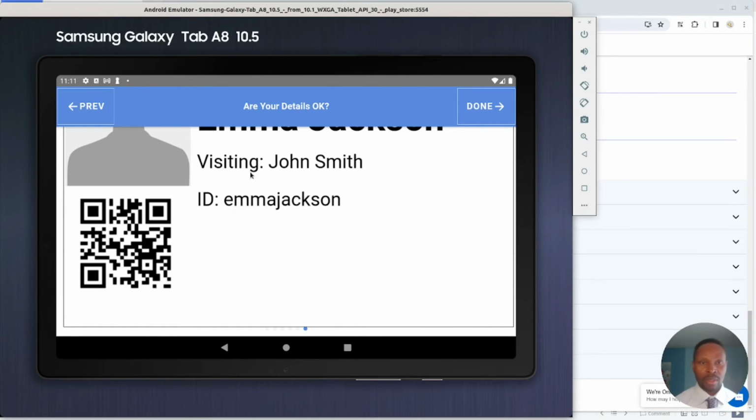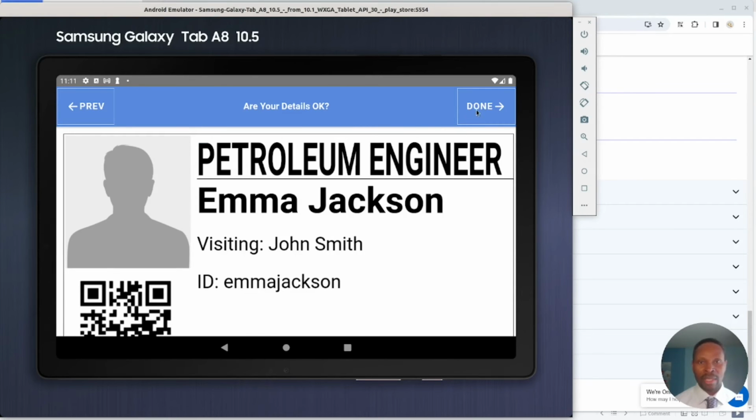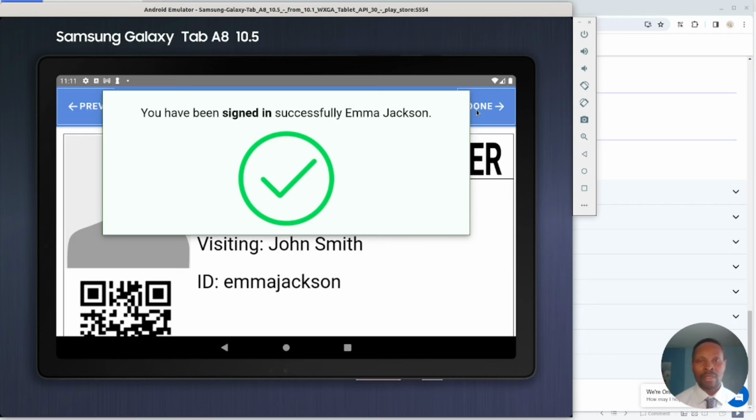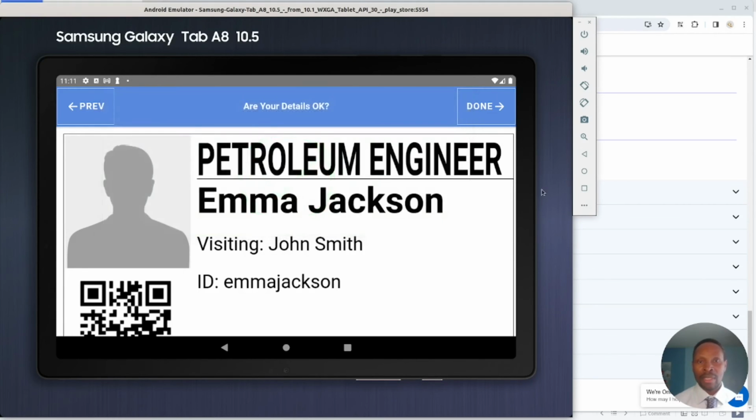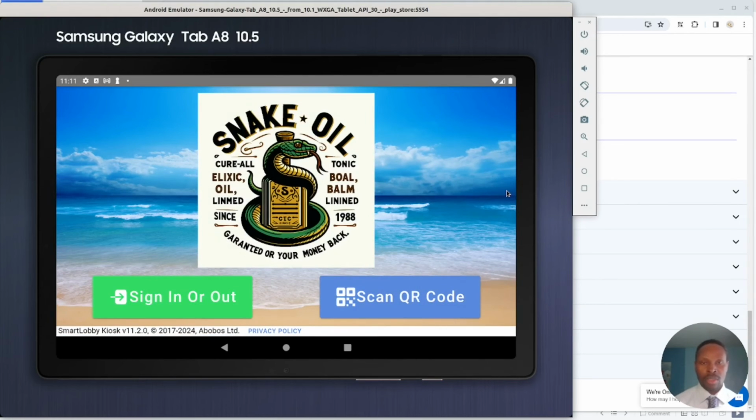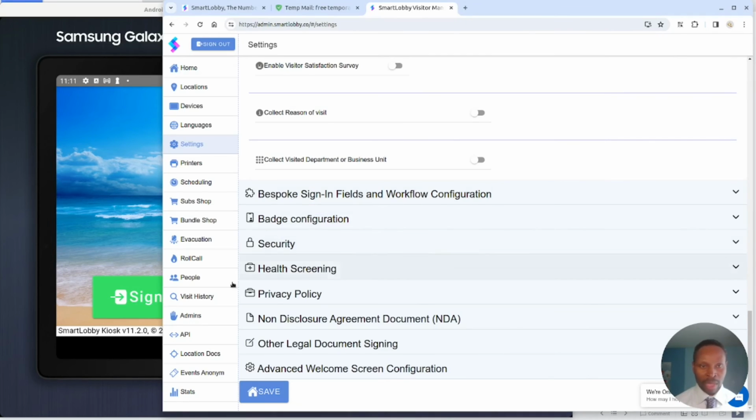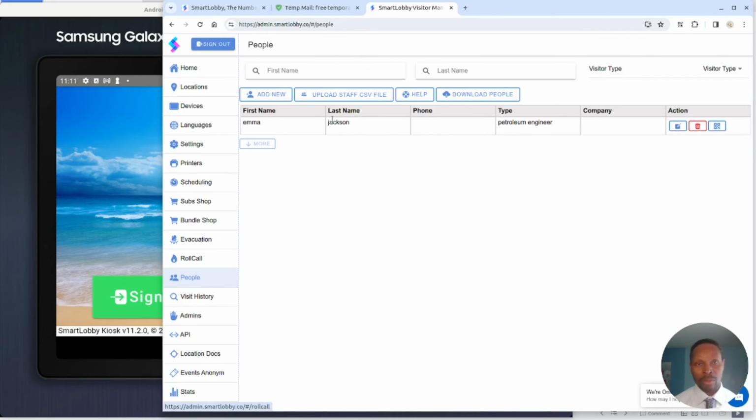Yeah, so we have Emma. Let's sign in. Right, so Emma is now in the system. And the host that Emma has visited should receive a text message and also an email message. And if we go back now to the admin dashboard, if you look at people, we have Emma